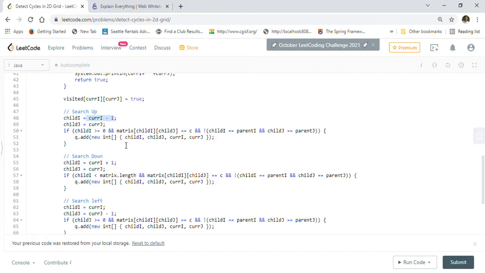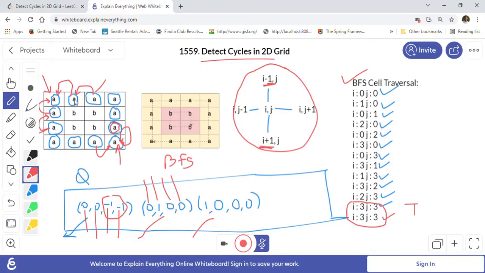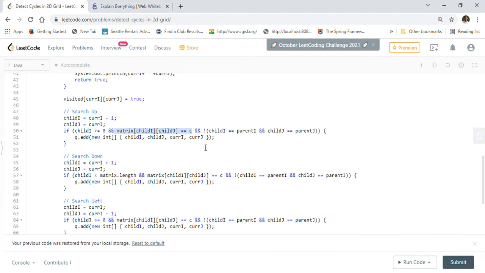And we will first check whether it's not going outside of the boundary of the matrix. And we will also check that the child i and child j of the matrix, that character should match, right? A should match this A, this A should match this A, then only we will visit that cell. And the child i and parent i should not be matching, right?